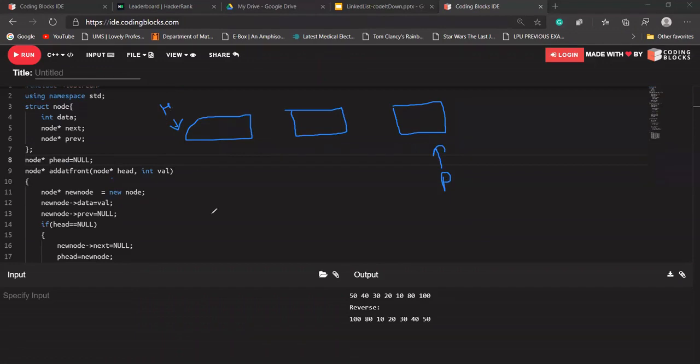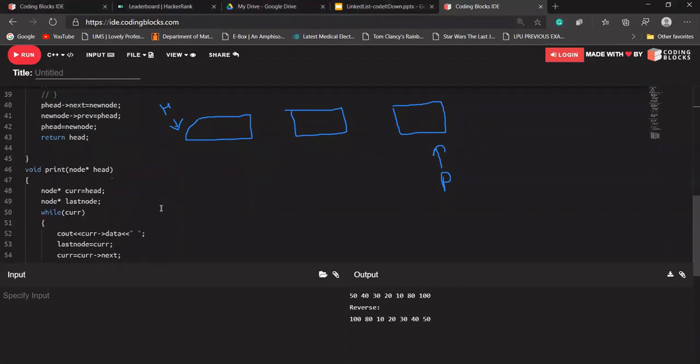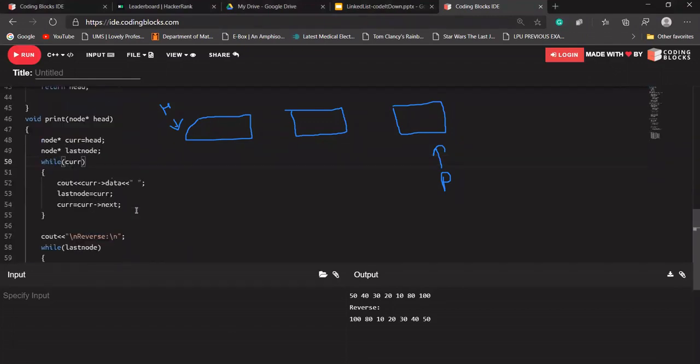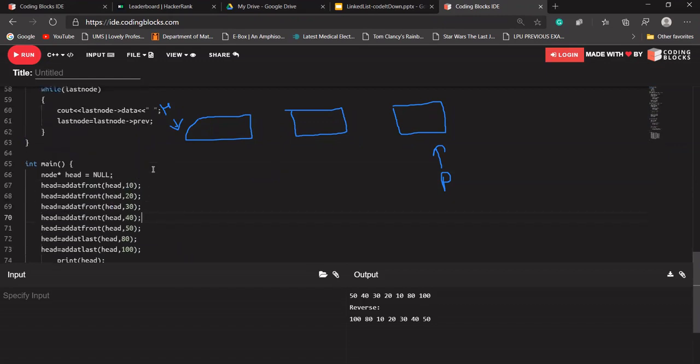Head was declared in our main function. Each time we were calling our functions, there was the need of updating the head. So we were returning the updated head, because we cannot return more than one value.